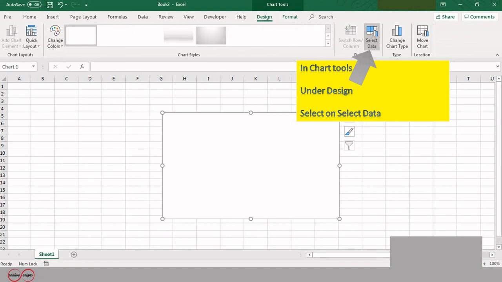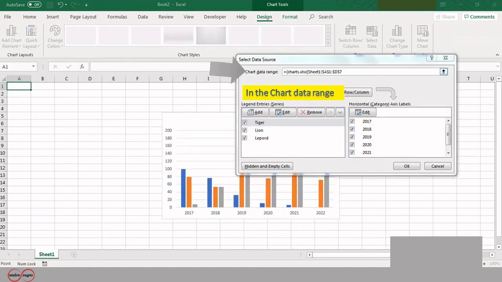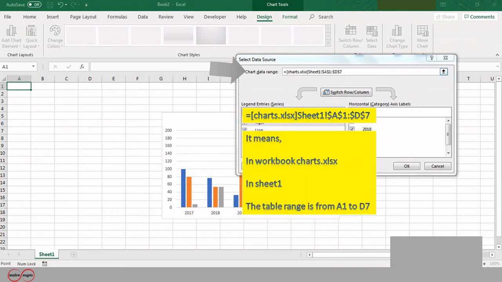In the chart data range, we will write the formula: open square bracket charts.xlsx close square bracket Sheet1 exclamation mark $A$1:$D$7. It means that the data range is in the workbook Charts, in Sheet 1, and the range is from A1 to D7. This is our chart.